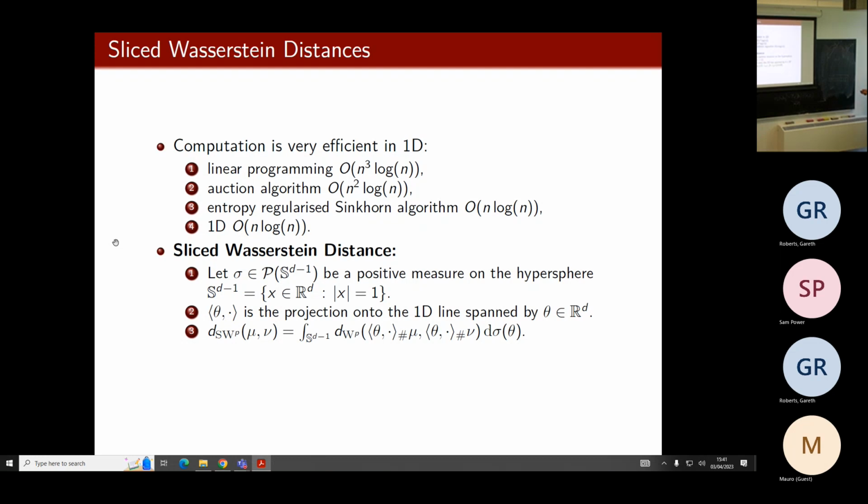Now the problem is how many slices. In theory, of course, you define this by taking the integral over all possible slices. In practice, numerically, you just take a set of slices. But you can see that if the dimension is very large, then you potentially need a lot of different slices to cover it. In 2D, you can cover the circle fairly easily. But once you're in 3 dimensions and having to do this on a sphere, you have the curse of dimensionality coming in. But at least it's something you can control. You can always just take fewer